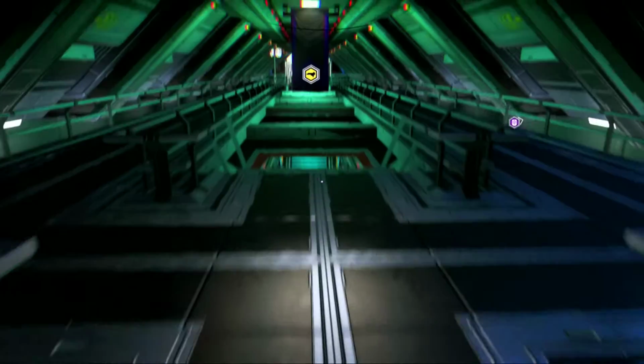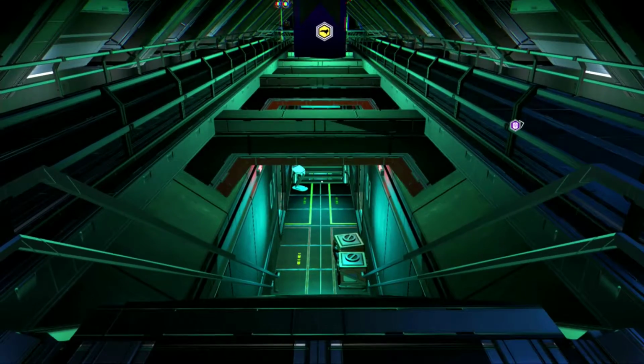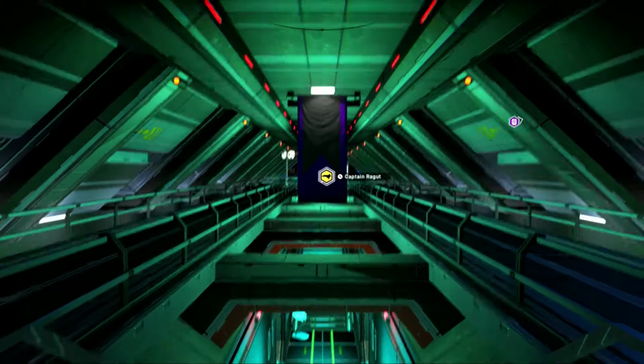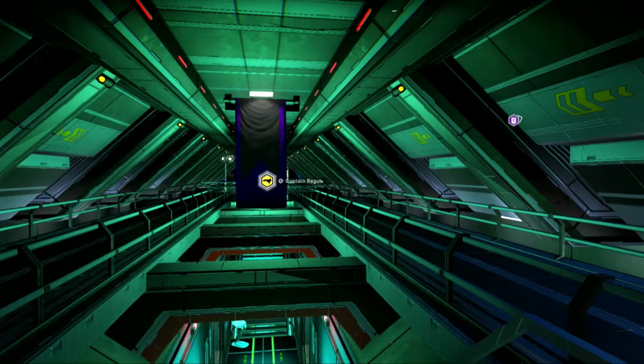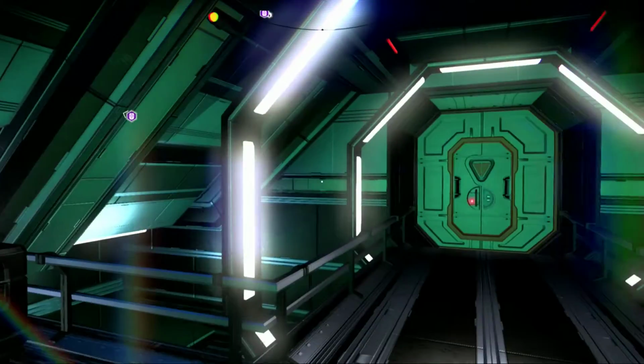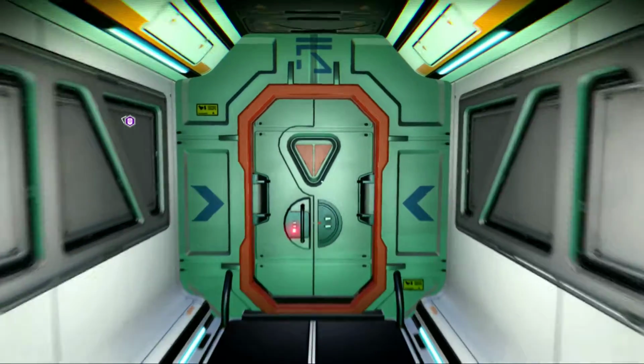If I go down these stairs here, we can actually go to the hangar bay. There's a set of stairs on the other side that will take you up here to the bridge. You can also stay up here on this level and end up on either one of these aisles, so there's kind of a hollow area here. If you go aft here, then you end up through the airlock